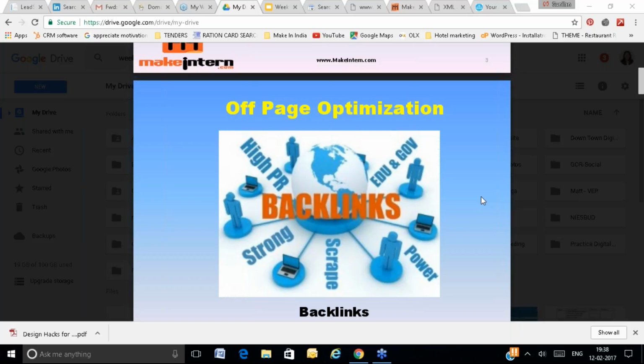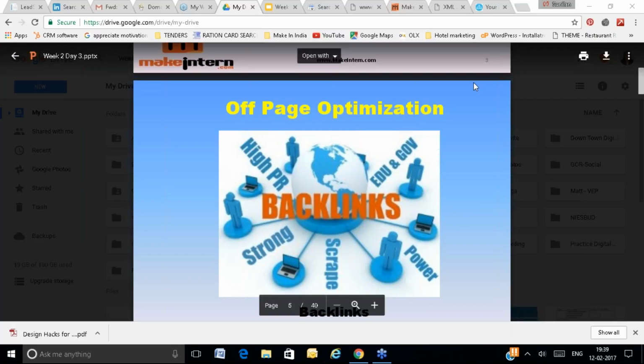To do that, you have to create a simple file. The file name might be XML sitemap or XML index or whatever name you want to give. You have to create a file, list all the pages of your website there, and then submit the name of that file to Google. So once your website is ready, revise this session, and then you will be able to submit your XML file to Google. Conceptually, it's clear now.